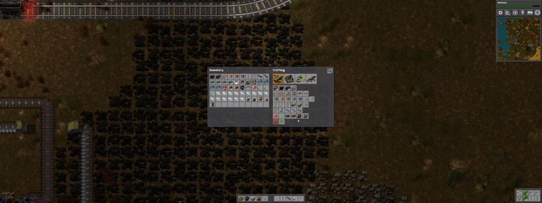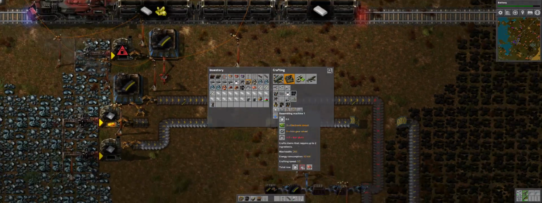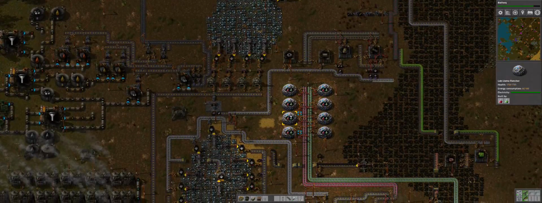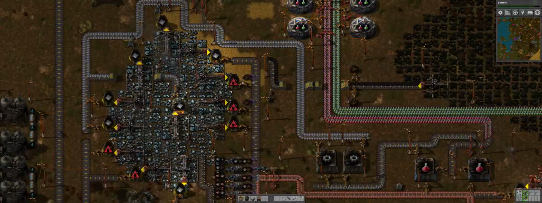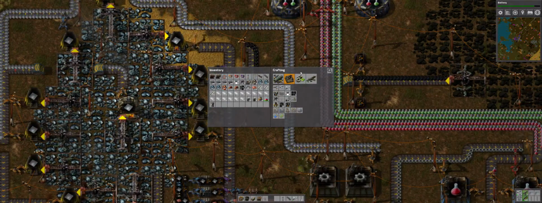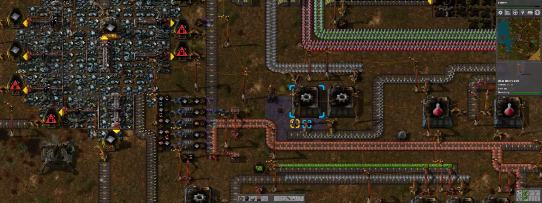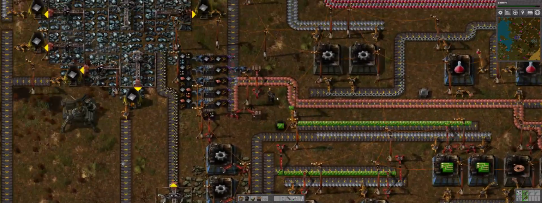To start this out, I need to get some iron plates, which are all the way down here. Yeah, these furnaces are out of fuel. I think it's time for no. See, because I don't have advanced circuits. So